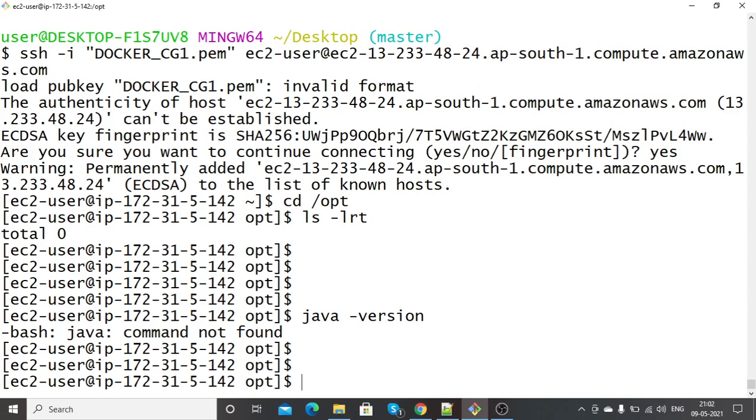Before installing Java, we need to install the package for wget. So the command is yum install wget.